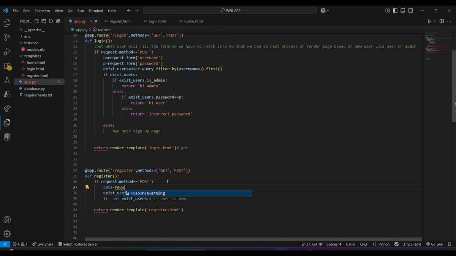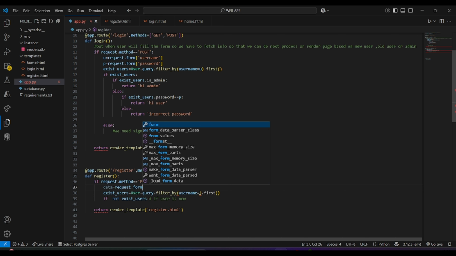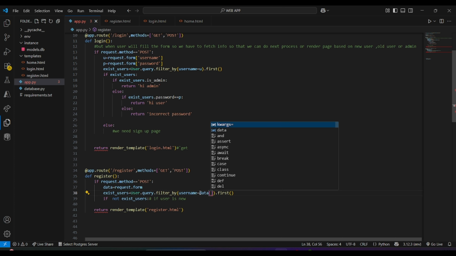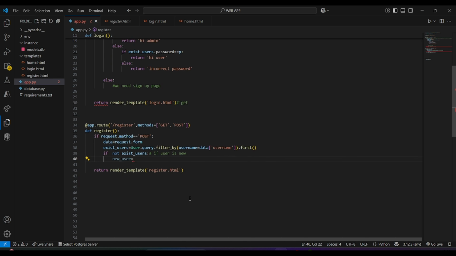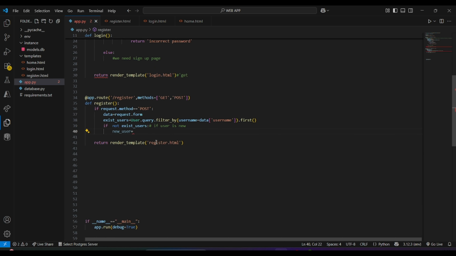Before that, I want to clarify that request.form stores data in dictionary format. So we will simply store the information in dictionary format in a data variable. If the user is new, that is, if the existing user check is false, then the user is new. So we will generate a new variable named new user, where we will store all the information of the new user, whatever they filled in.